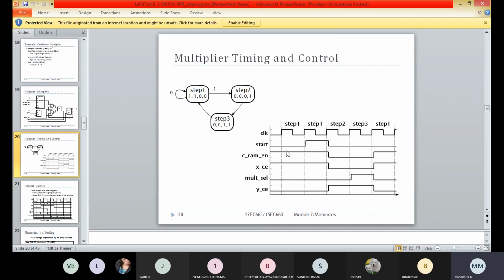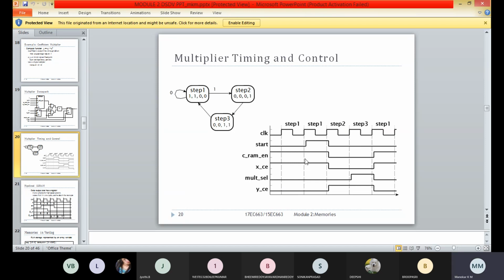When start changes to 1, C underscore RAM enable and X underscore C go to 0 and we transition to the second step. In step 1 we will be waiting for the start signal. When the start signal is 1, we travel to the second step.